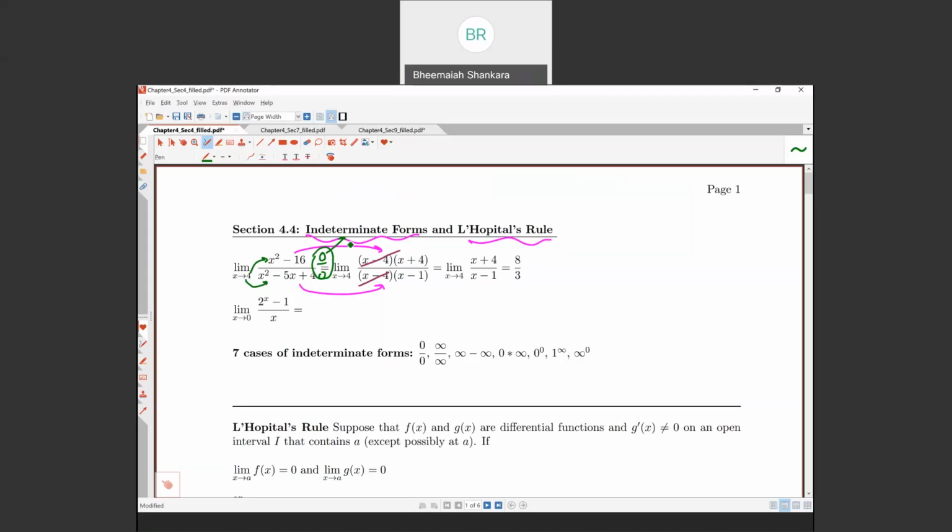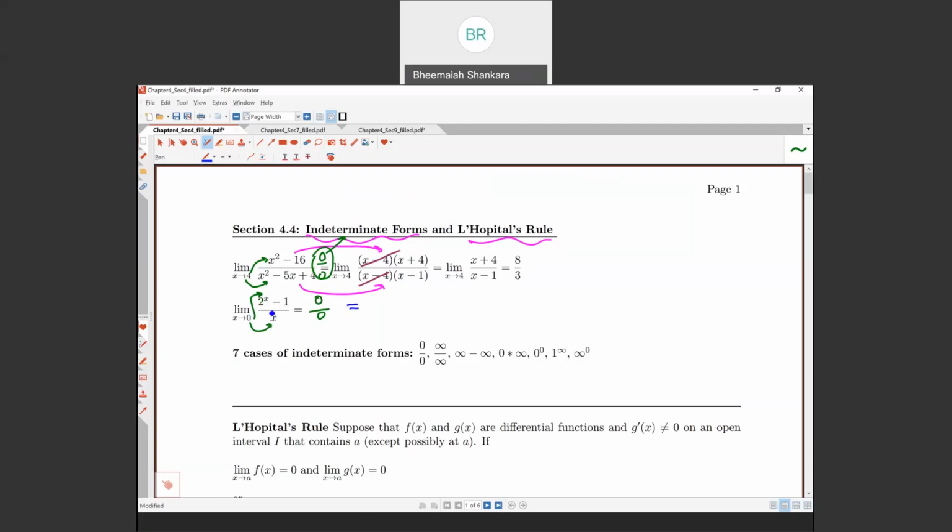So we have one more example. Let's plug in x equal to 0 in the very first step. 2 to the 0. Any number to the 0 is 1. 1 minus 1 is 0. Similarly, plug in x equal to 0 in the denominator, you have 0. So all you have is 0 over 0. So the L'Hopital's rule says that you can differentiate the numerator.